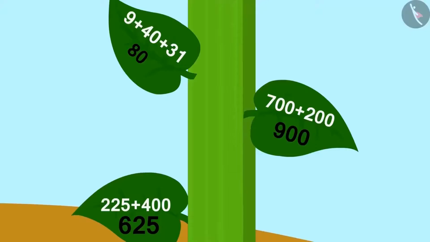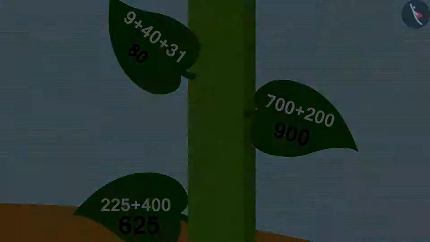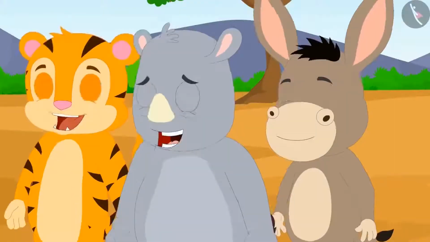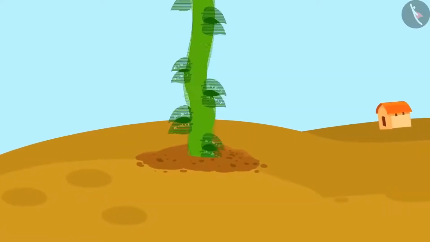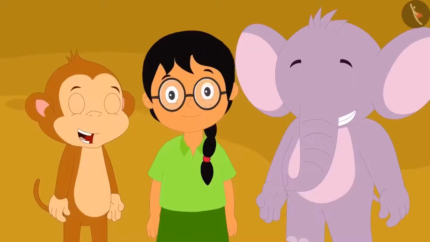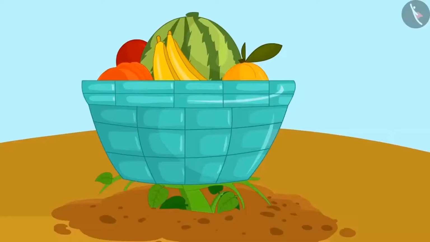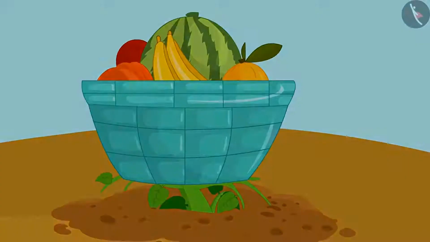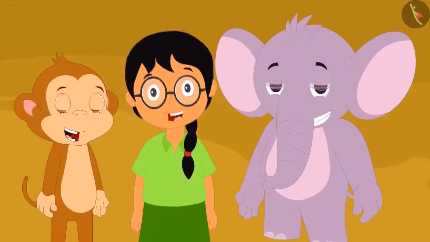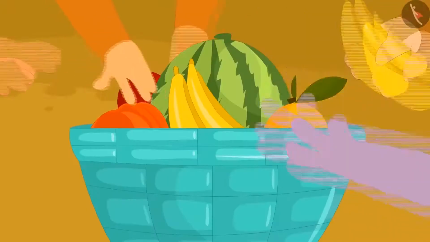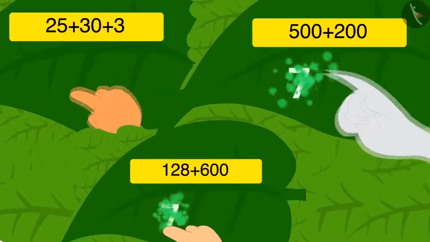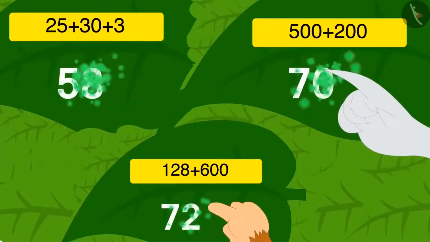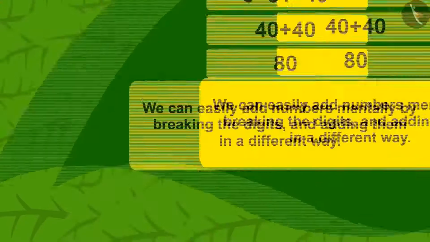Very good, children. You have solved this very quickly. As soon as the villagers wrote all the answers to the riddles, the vine penetrated into the ground completely. There was a basket filled with lots of eatables just above the vine. The villagers were very happy to see this basket. The villagers got together and ate the eatables which were in the basket, exactly the same way as they had gathered together to find solutions to all the riddles.